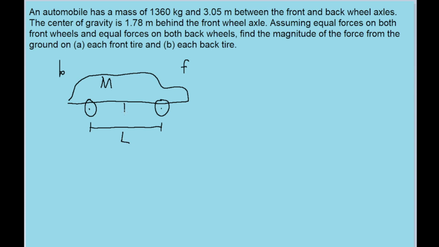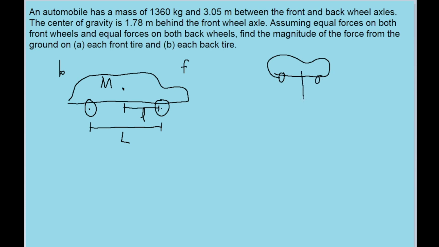We're also given the distance between the front wheel and the point of the car's center of gravity, which I'm going to call little l. And you want to find the force from the ground on each set of tires, the two front tires and the two back tires. First off, I'm going to make a little force diagram here, where here's the little car,